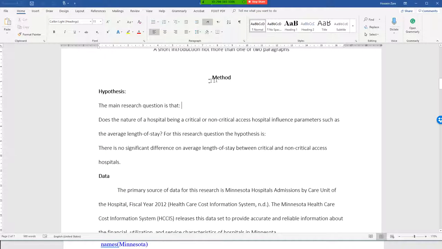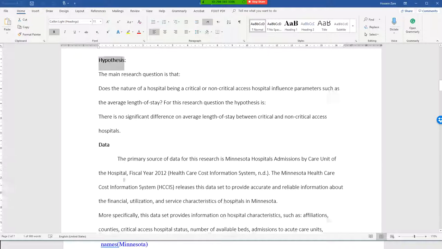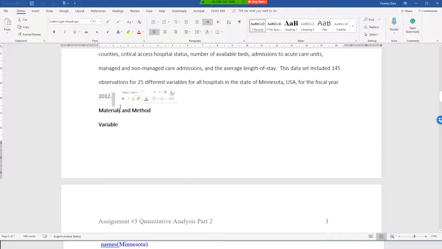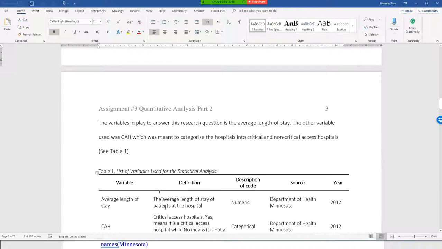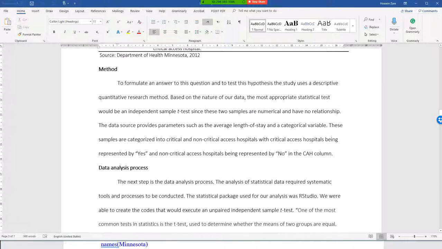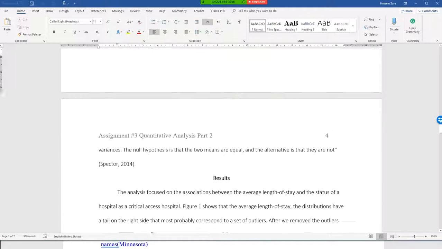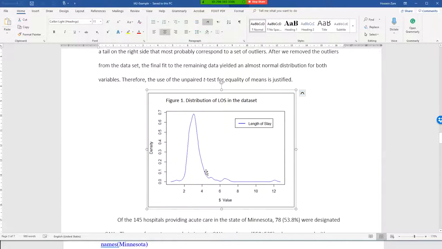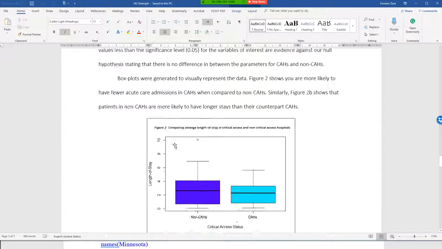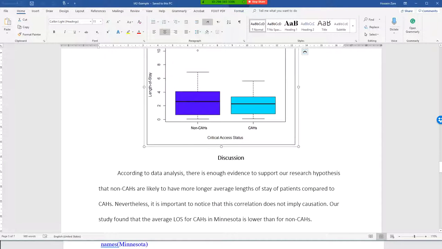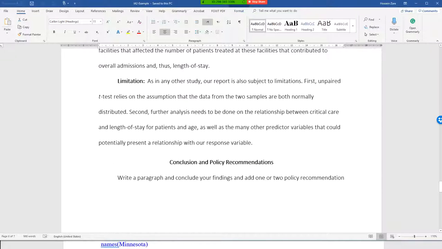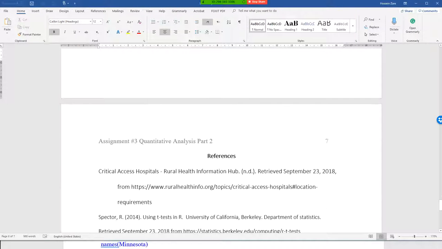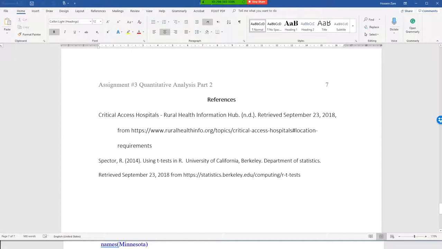These are all the sections you need to report for individual assignment 2: method, hypothesis, data, then materials and method, variables, name of variables, method you are using, data analysis process, result, figure, table. If you have more figures, you can put them here, then discussion, limitation, conclusion, and policy recommendation, and finally the references. This is all you need for the individual assignment 2, but the team project is a good place to just practice,